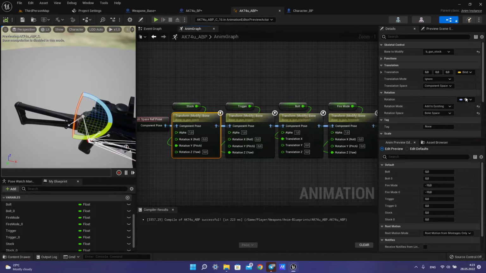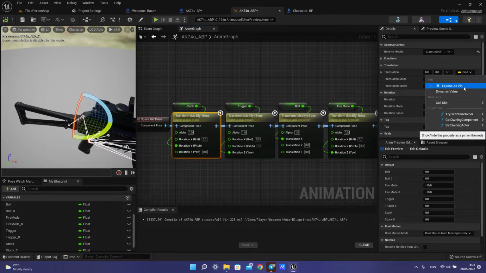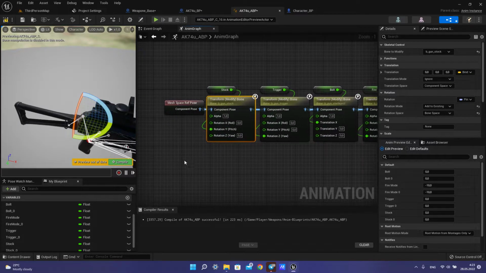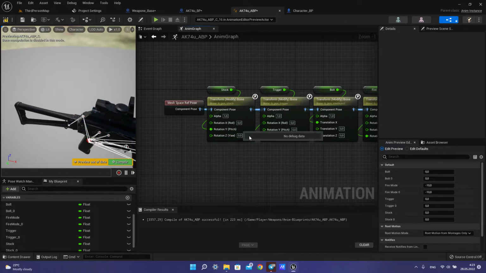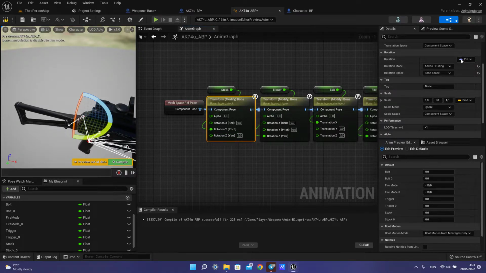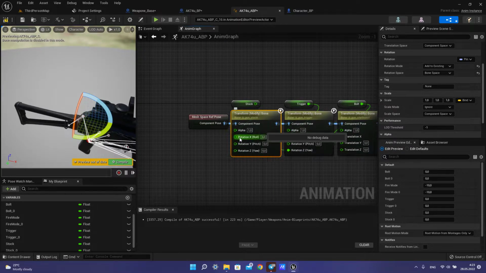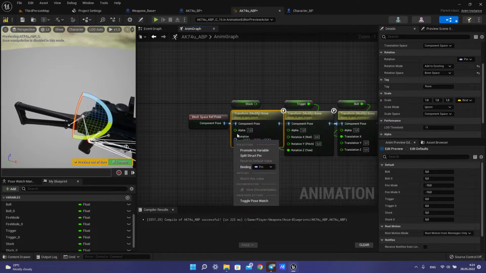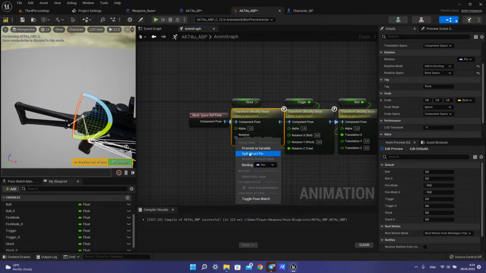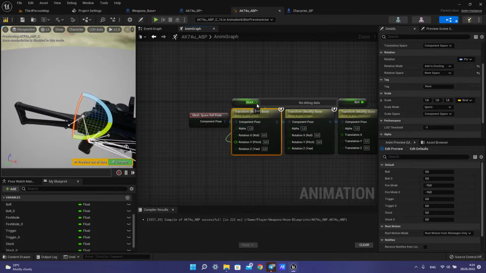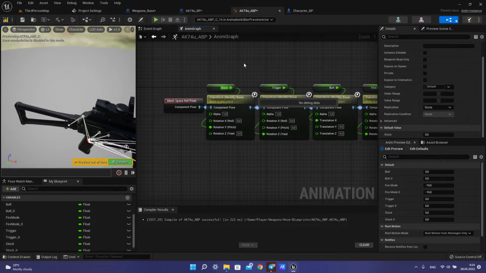Click here to hide other pins, and when we have only rotation pin, you click on rotation pin and split pin to pitch for stock